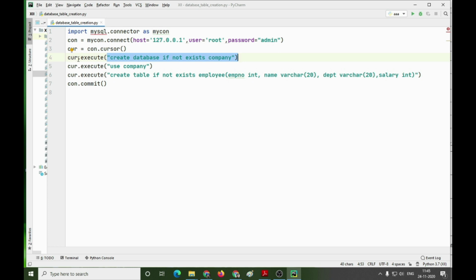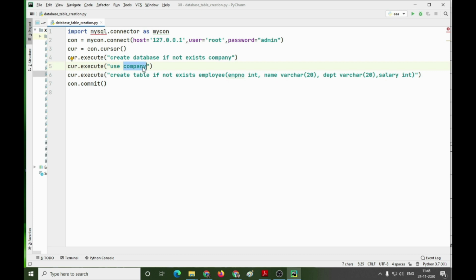Now after the database is created, we have to enter into the database. For entering into the database, we will write cursor.execute and then the name of the database which we want to enter. Like we have just created the database company, so we will write use company for getting into the database company.